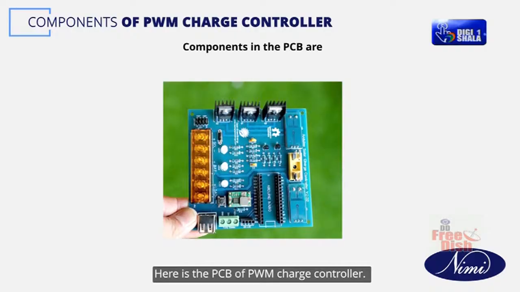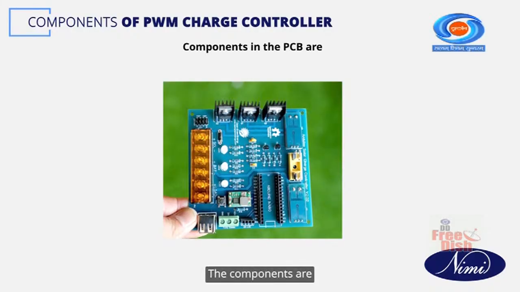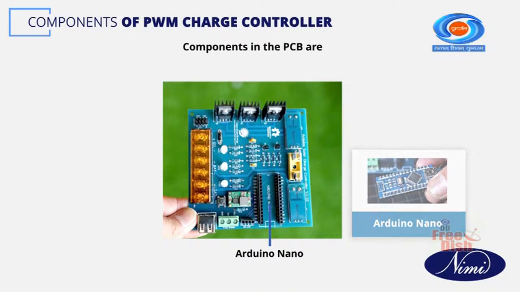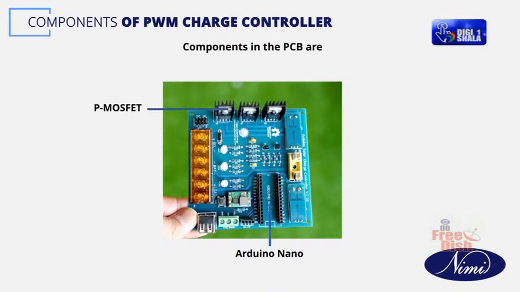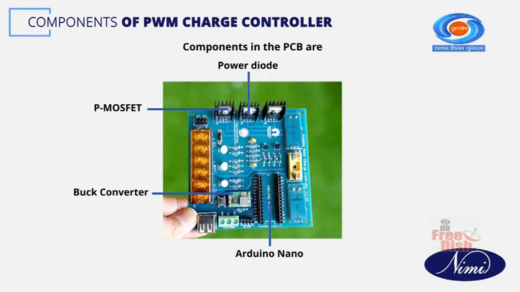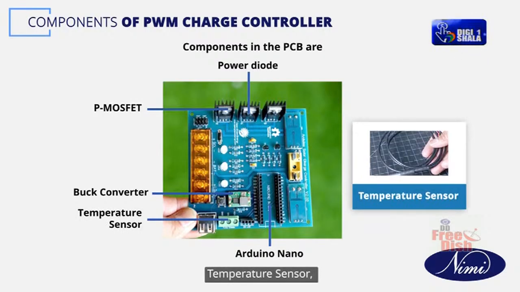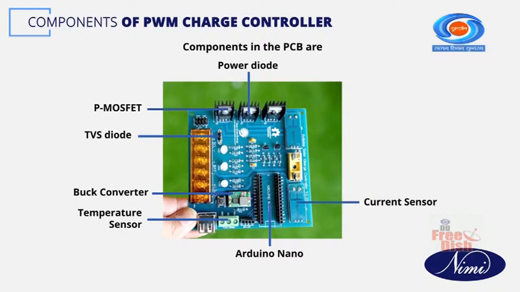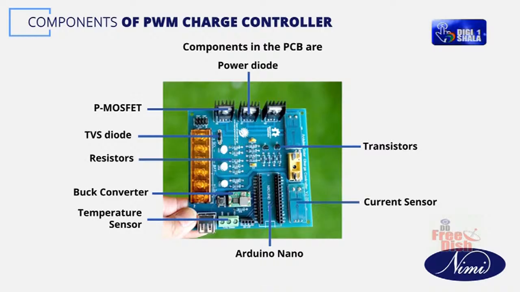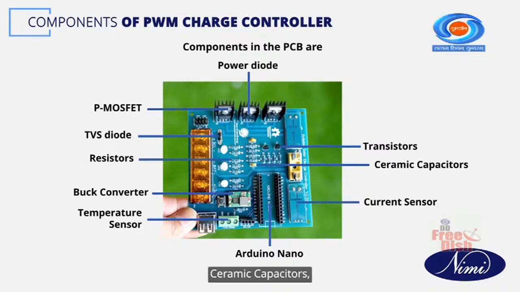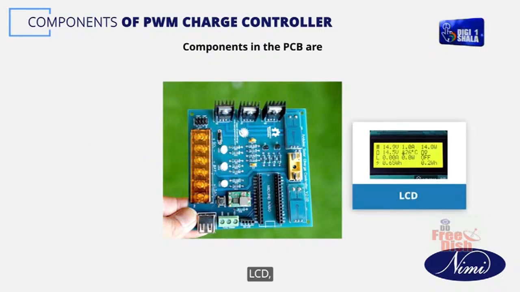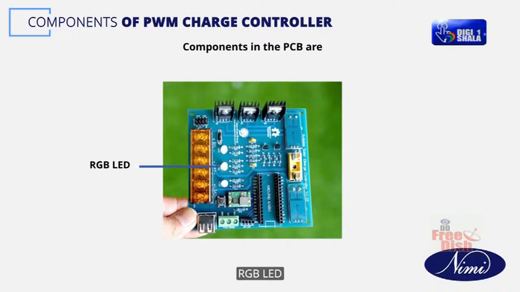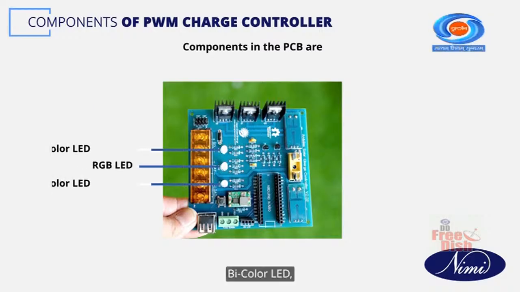Here is the PCB of PWM charge controller. The components are Arduino Nano, P MOSFET, power diode, buck converter, temperature sensor, current sensor, TVS diode, transistors, resistors, ceramic capacitors, LCD, RGB LED, bicolor LED,